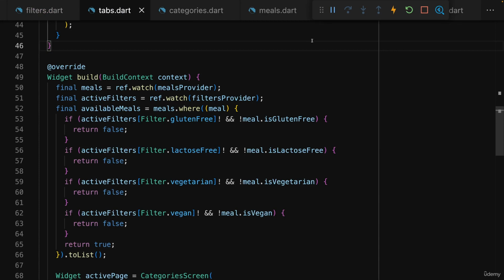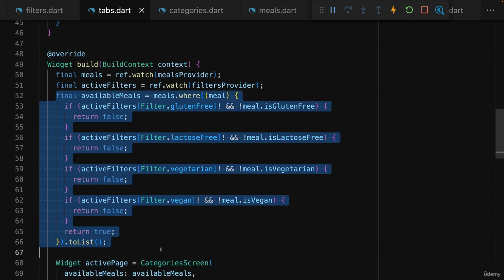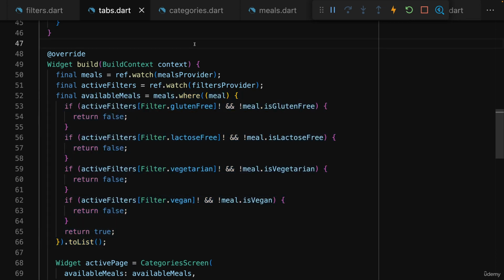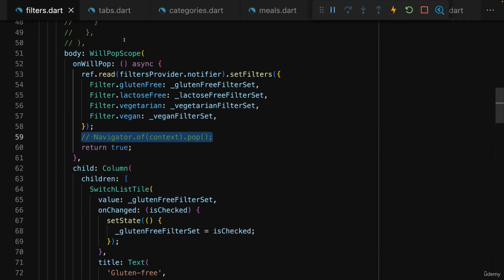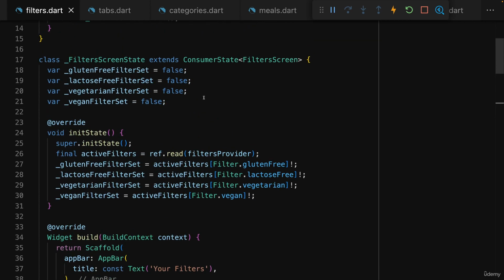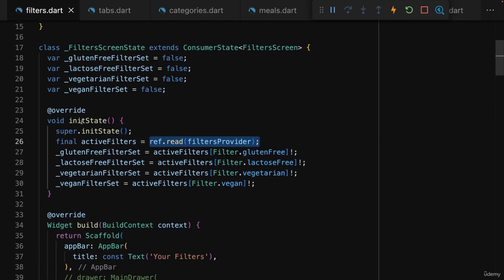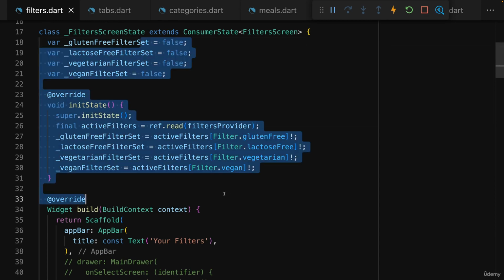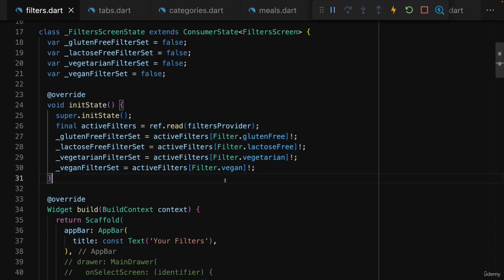Now, whilst our app here works as expected, we can take this a step further. For example, we'll soon move this logic here out of this file, but before we do that, I'll go back to the filter start file and there to the filters screen. What we're doing here at the moment is the following. We're reading our filters provider data here in init state to initialize our local state, which we need to manage